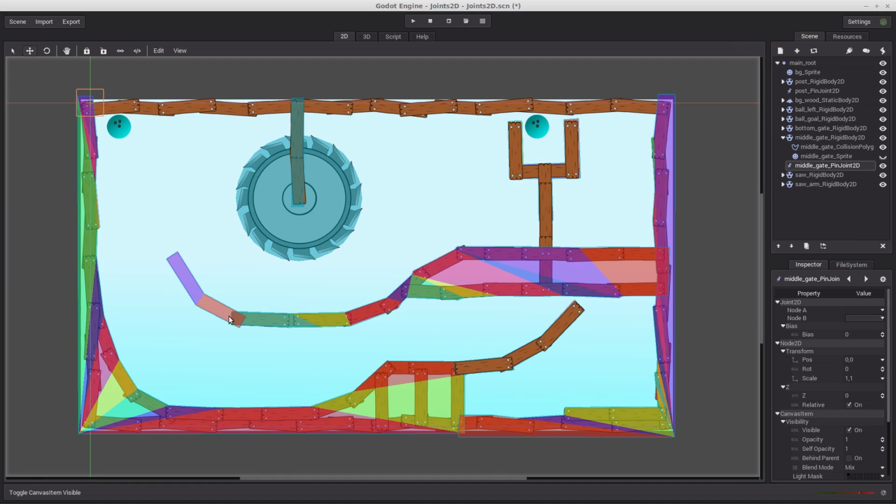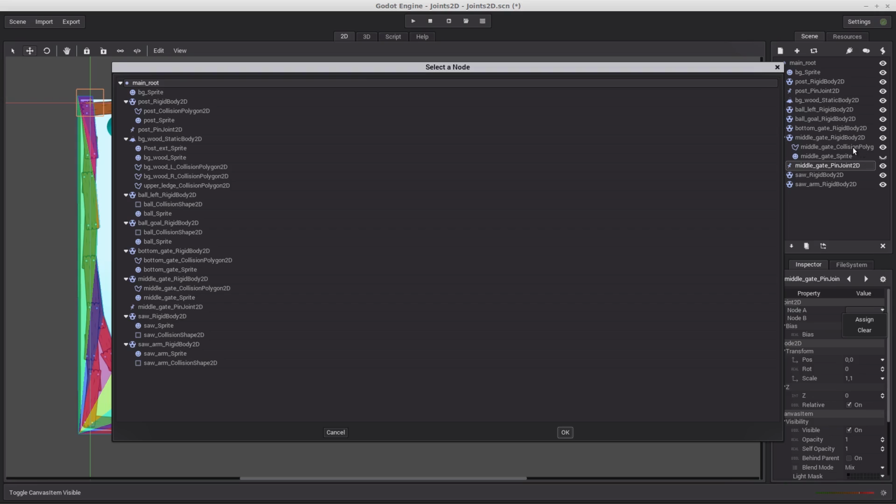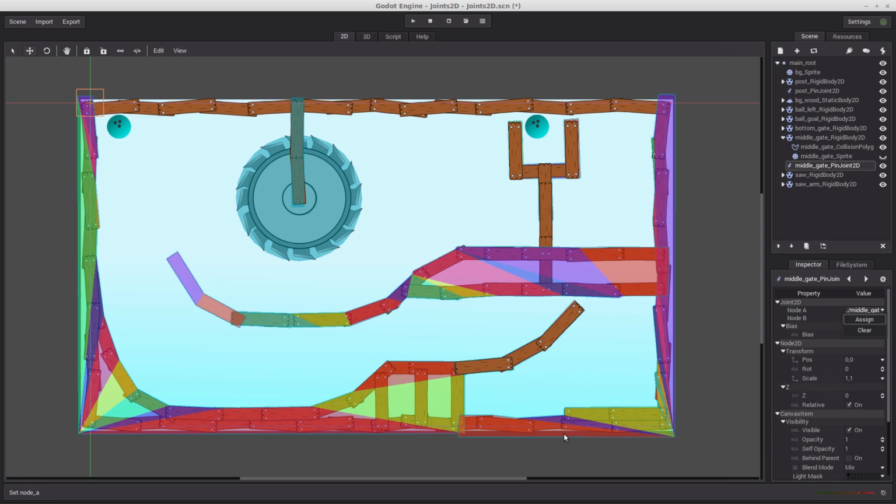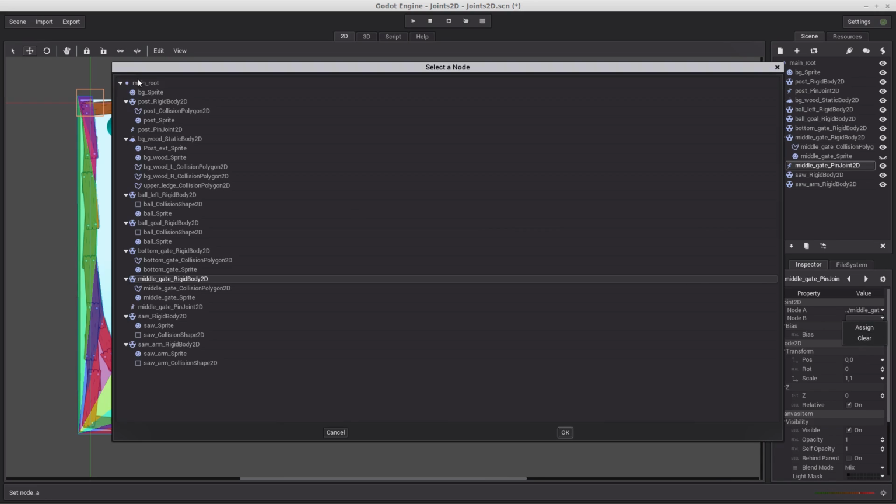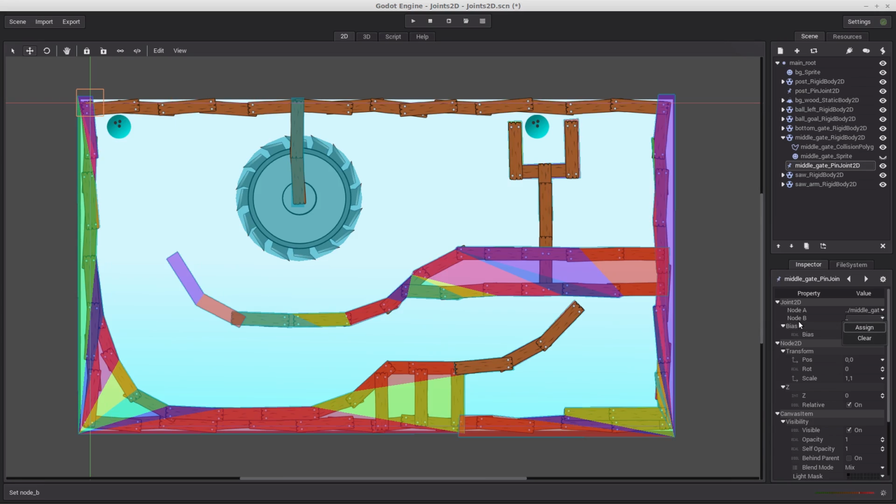So let's assign the gate area to node A down here in my Joint2D. So let's make sure your pin joint 2D is highlighted. Go down to node A, and I'm going to assign my middle gate rigid body, right? Middle gate rigid body. And I'm going to click OK. Now for the node B, I'm going to select my main node like I did in the goalpost. Now if I do that, main root, and click OK, what's going to happen is